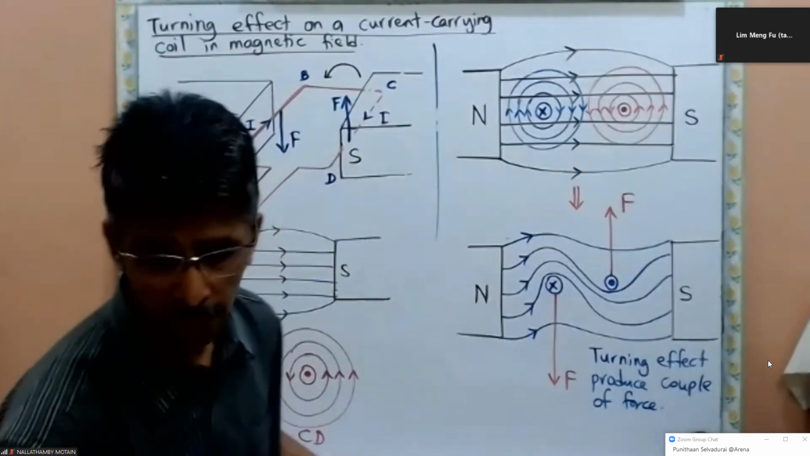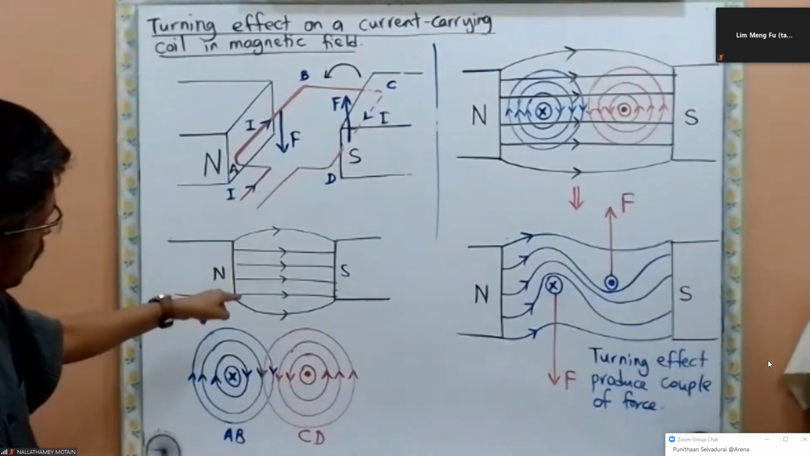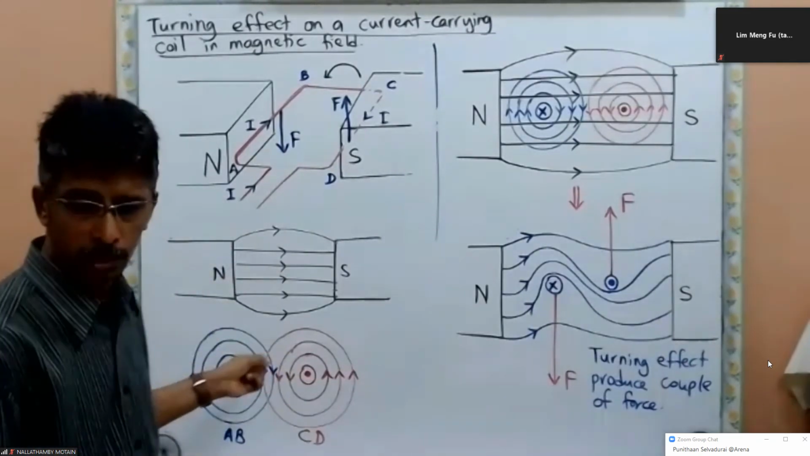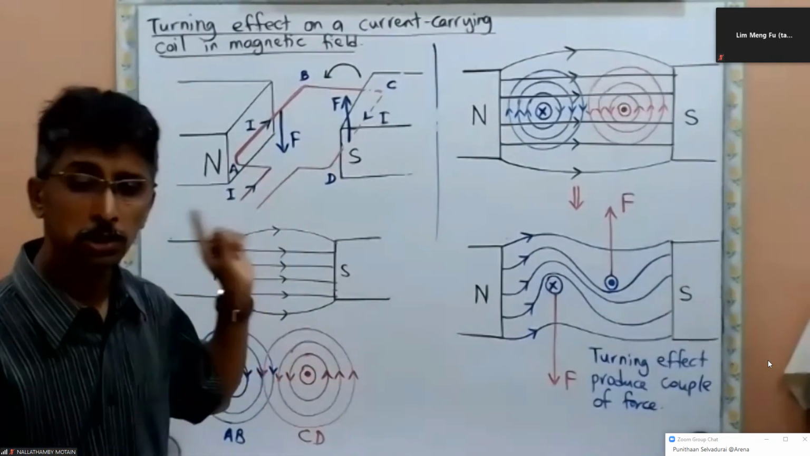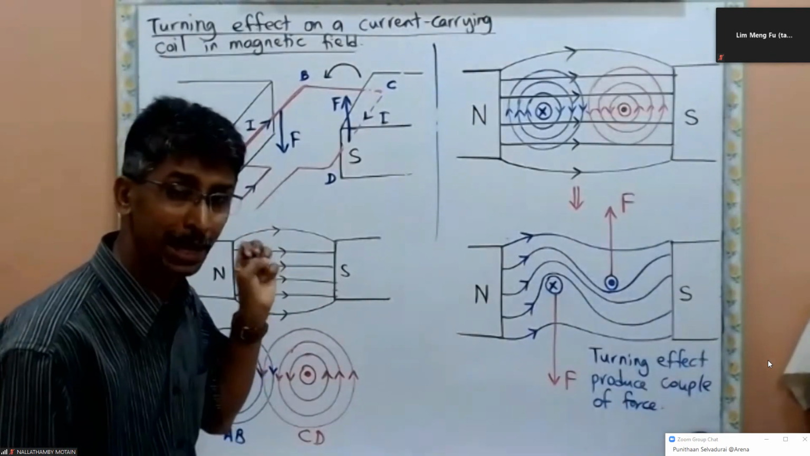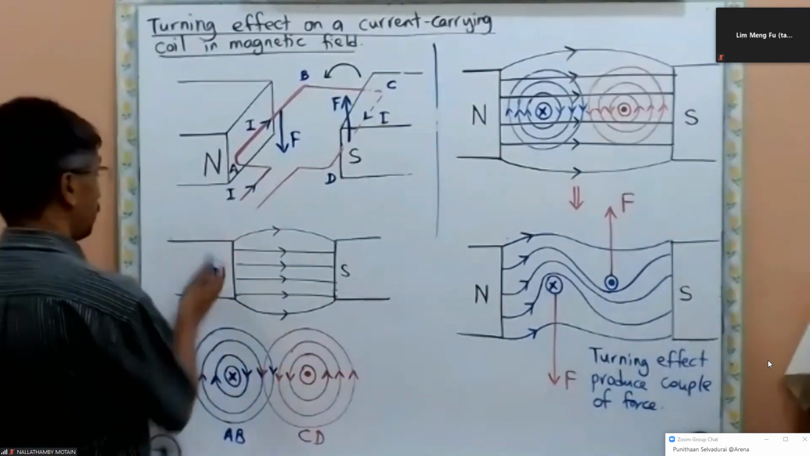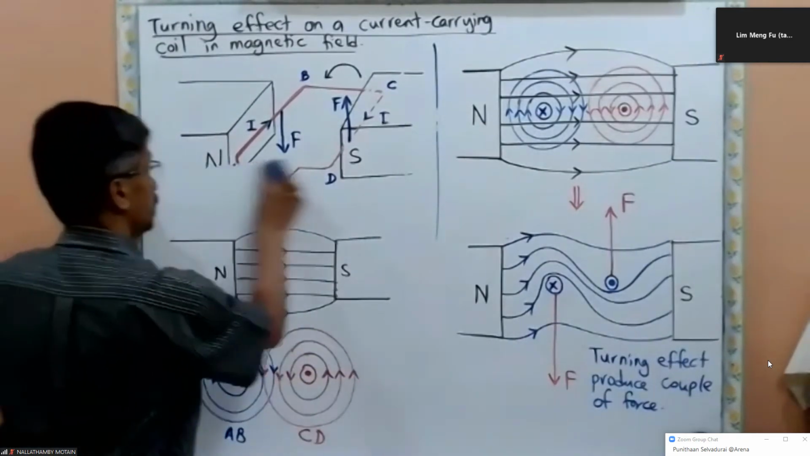Okay, now we go for the shape of the magnet. If you look at here, the shape of the magnet is not suitable. So we have to choose the correct shape, because this can be one of the questions in the exam, and you must know the reason. The shape of the magnet is not suitable, so we have to choose